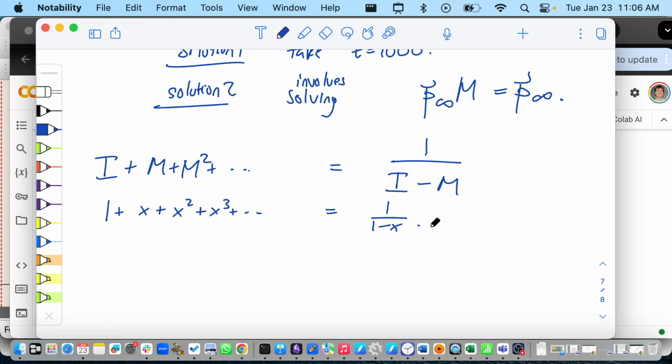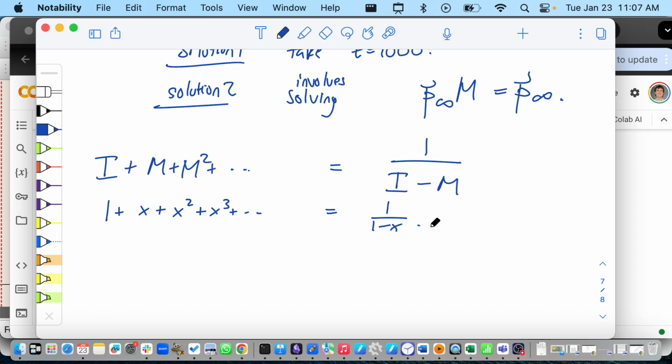And of course, in calculus, you learn it's not always true, not true for every x. You need conditions. It happens to be true in some sense for the matrix M. You have to be careful. In the Numberphile video, you might have noticed they deleted a column and a row from the matrix, and they did that to make this thing actually work. So I'm not going to do any voodoo like that in this course. I'm going to show you a different way you can get the same kind of equation to come out.